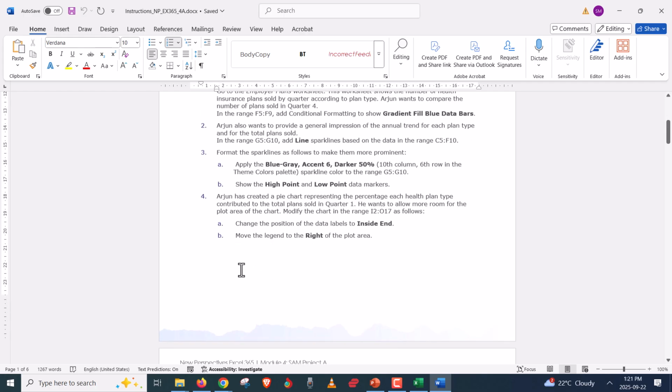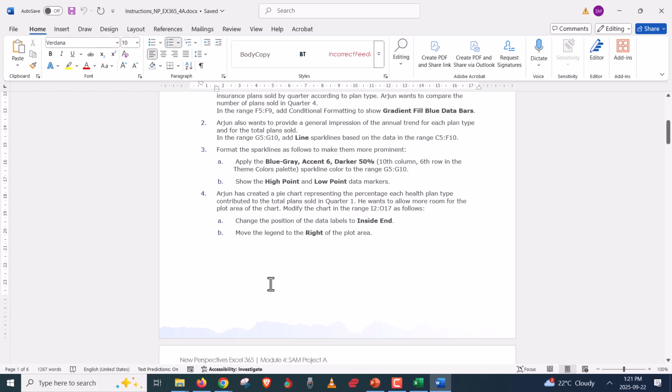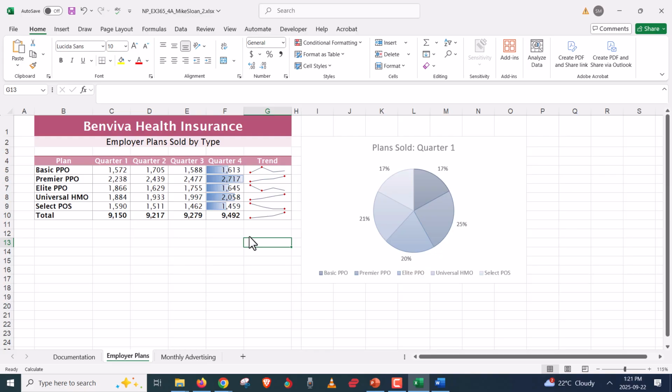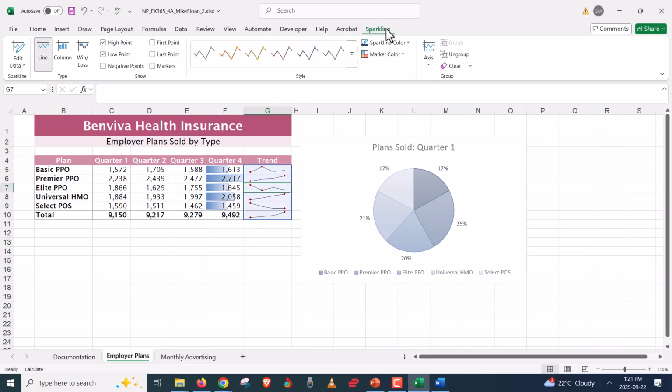Number 4. So they made this a little easier on us. We don't have to make a chart quite yet. We'll get to that in a minute. Making a chart in Excel is as easy as highlighting the data you want to include in the chart and then choosing your chart type. They have already made a chart for you in number 4, and they just want you to change some things around. So just like the spark lines, when you click on them they have their own menu tab right here,